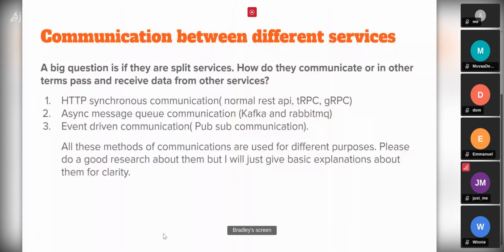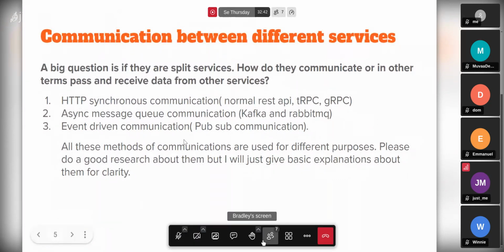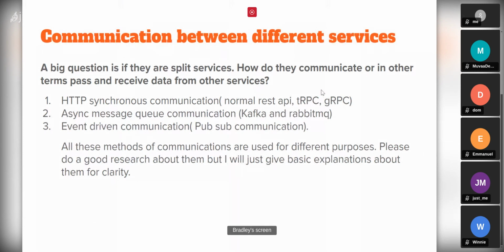So there is the HTTP synchronous communication, which means that it waits for the message, receives it, and then there is the async message queue, that is actually what most people use. So Kafka and RabbitMQ messaging queues are popularly used. And for the HTTP synchronous communications, we use normal REST APIs, which were used initially but nowadays are not used as much. We have the tRPC protocol. It's a remote procedure call, but it's still synchronous. And gRPC,